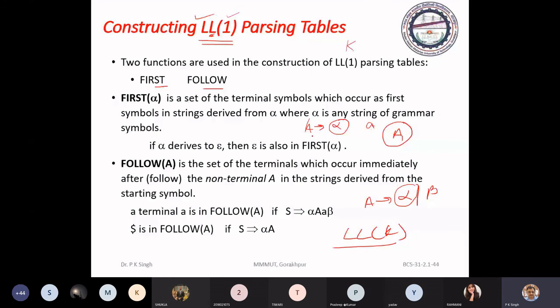Then first of alpha contains a, and if first of alpha contains a, then first of A will also contain a.